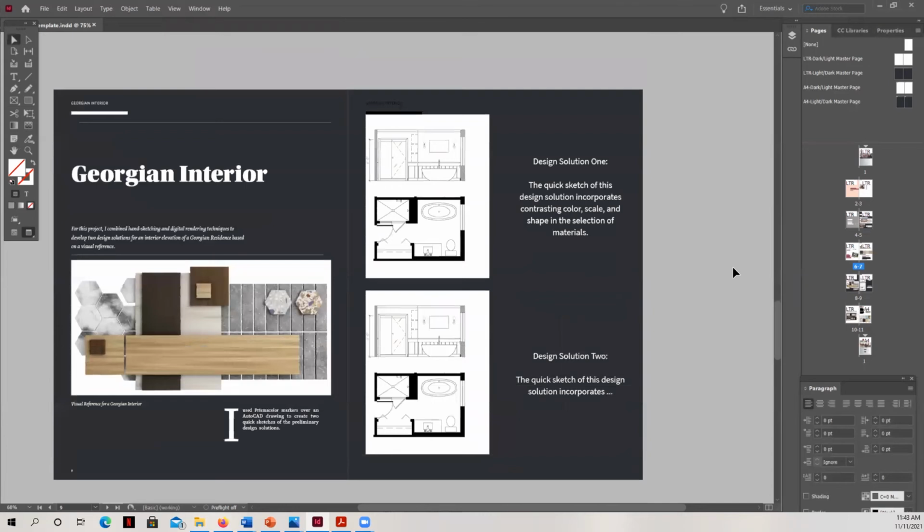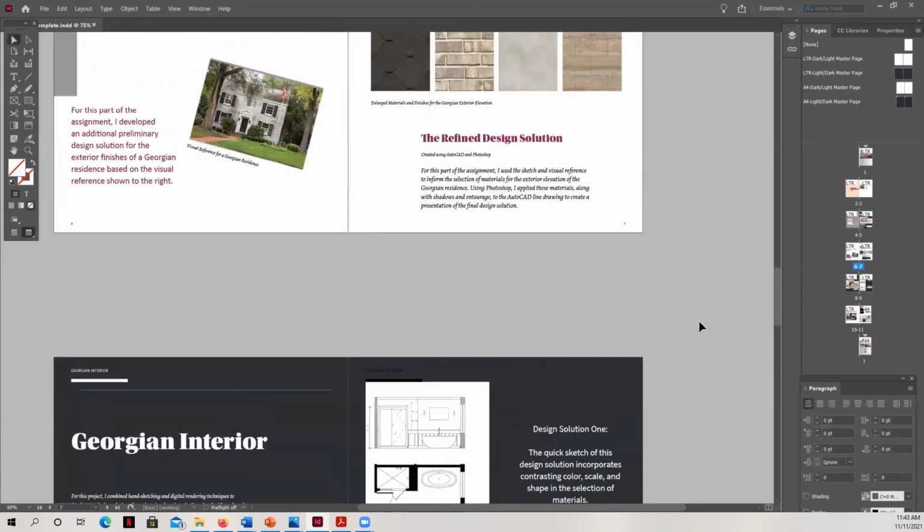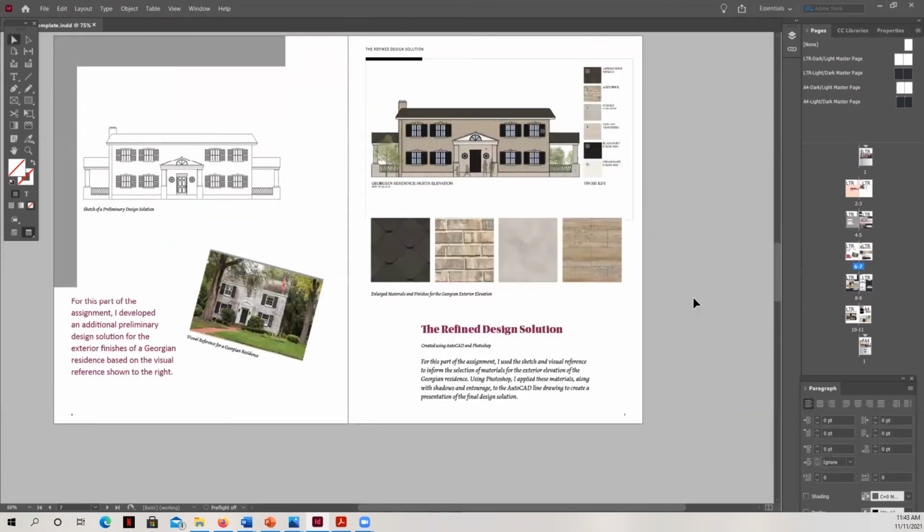So that's how you can preview and start to see the way that your portfolio is going to present. Now, if you're trying to save paper, trying to save resources, one of the things that I'll do is I'll preview it here just like this, and then I'll have a little notebook in front of me where I'll reference the page numbers here, and I'll make notes of my little changes so that I don't have to print something like this out and then write on top of it. And that makes it a little bit easier.